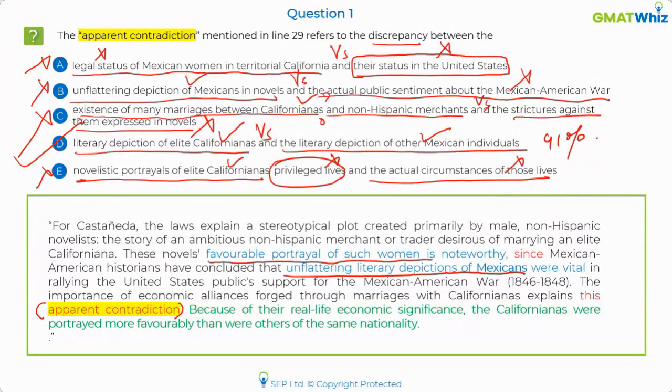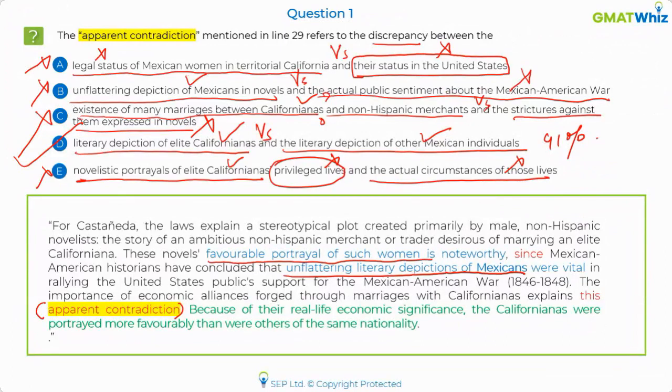So historians understand novels here refer to literature. So historians also write literature. So literary portrayals. And this is an official question. You can't argue with it, Nishant. So of the 5 options, only B is correctly referring to,